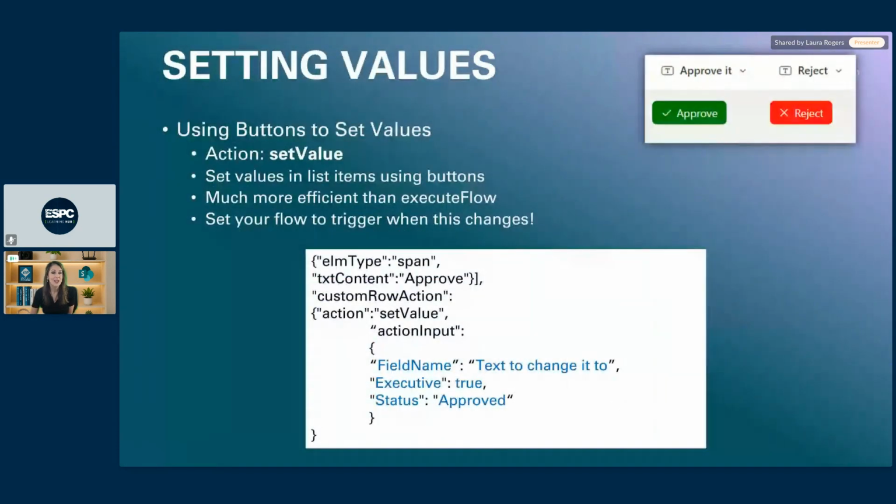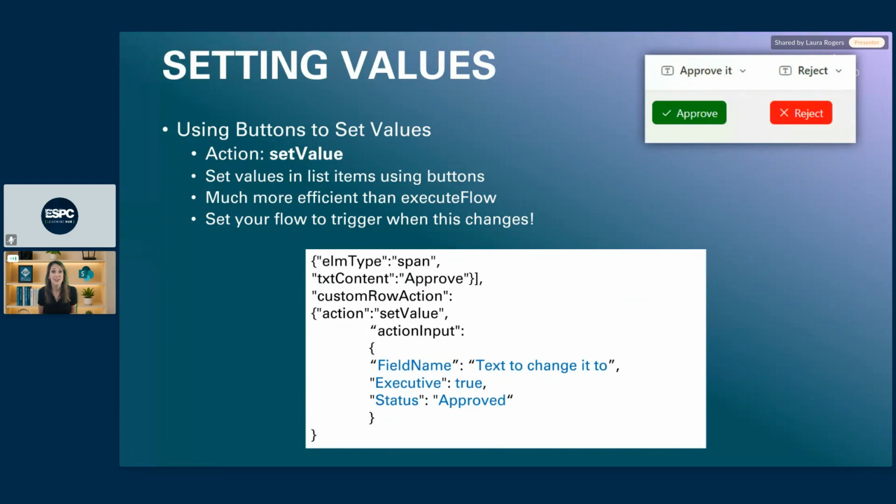And then here's the one where we set values. So we're going to use the action button to set a value. Now you can set multiple values. If you think about something like a help desk ticket, you could click a button that says take ticket, and the ticket could change the status to assigned, and it could also put you, the person clicking the button, in the assigned to field, all in one fell swoop. So here's an example of the syntax for setting multiple values.